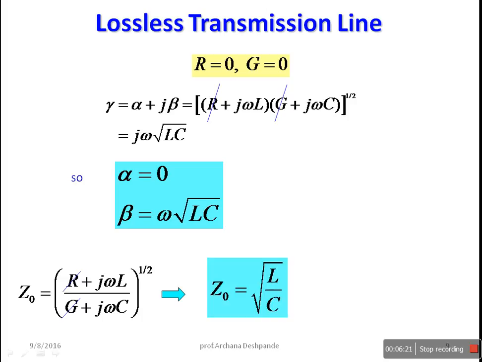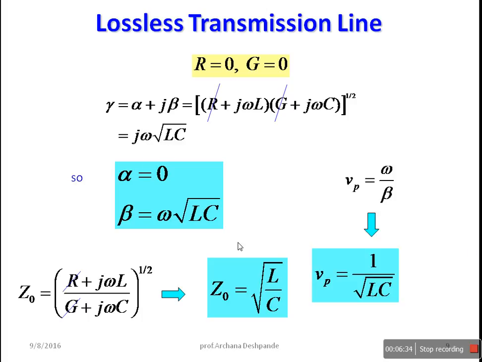Let us see the formula for phase velocity. The phase velocity is calculated by omega upon beta. Let's substitute the value of omega as j omega into under root of L and C, and therefore we get the formula of Vp as 1 upon under root LC. So this Vp is going to be c. We can conclude that in a lossless medium, the wave propagates at the speed of light. An example of a lossless medium is vacuum. So in vacuum, electromagnetic waves travel with the speed of light.